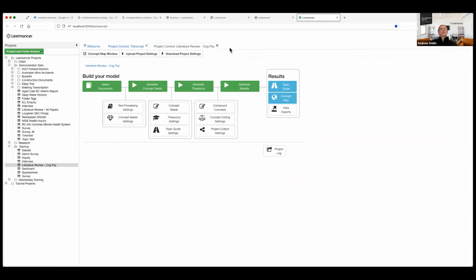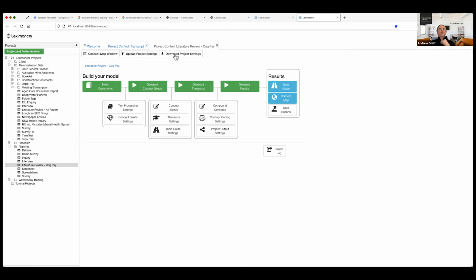So this is the Leximancer interface. It's organized so that your projects are on the left. Perhaps a better name for these would be models. Now, your model is not stored. It's not the case where the model includes the data for it. If you're using desktop Leximancer, your data sits on your hard disk, on your own C drive.